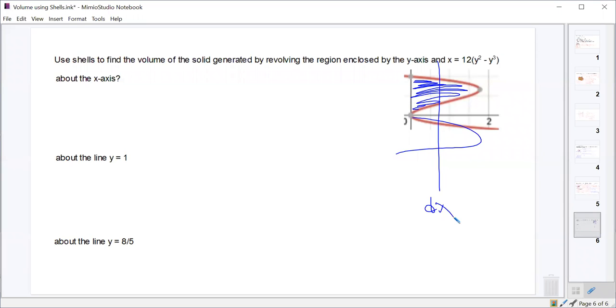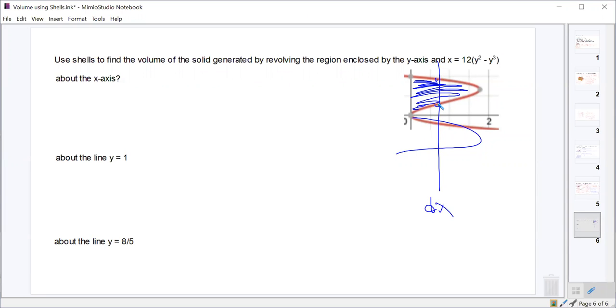It's got an outer radius and it's got an inner radius. The outer radius comes from the distance from the x-axis to the upper part of this, and the inner radius comes from the x-axis to the lower part of this. Well, the problem is that the upper part of that region and the lower part of that region are both defined by the same exact equation, right? And so you'd have to find a way to solve that for y,